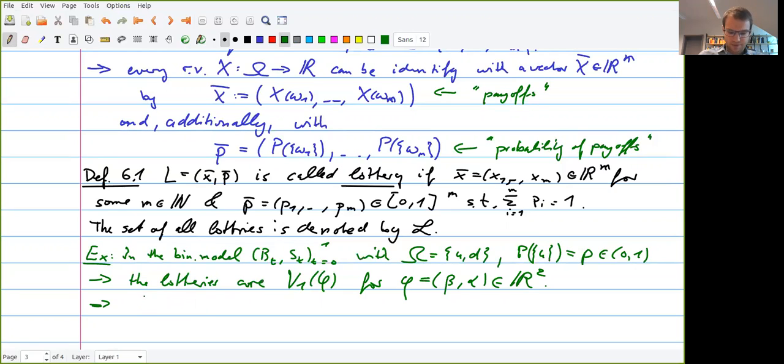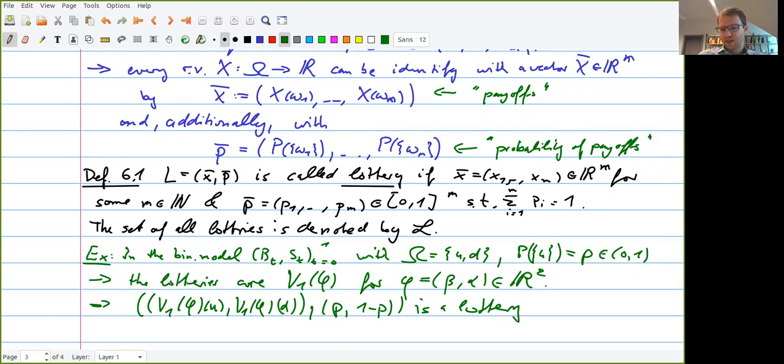So what is it here if I write it as a lottery? So I have my Y, u, phi that D appears, and then I have it with the probability p and 1 minus p. Right? And actually, in this simple setting, all the lotteries look like this. Anyway,